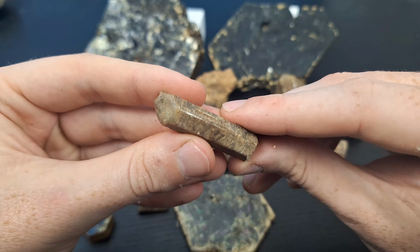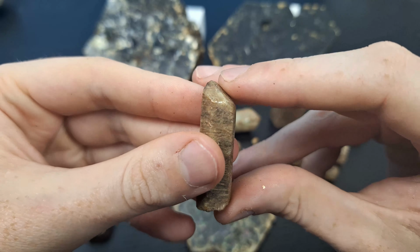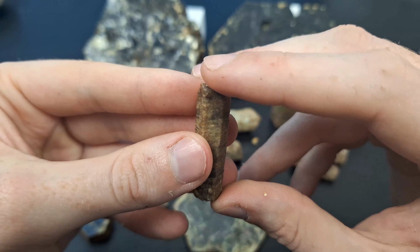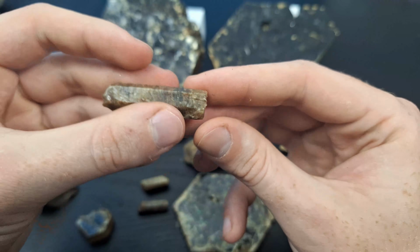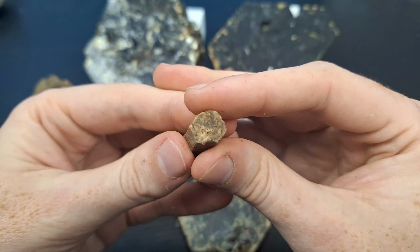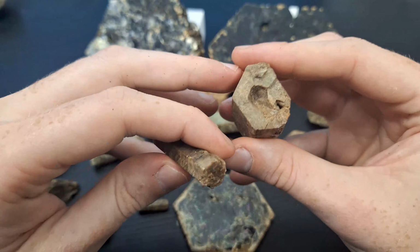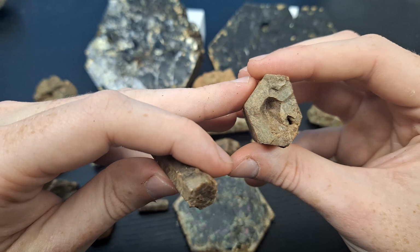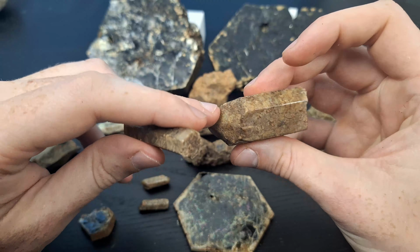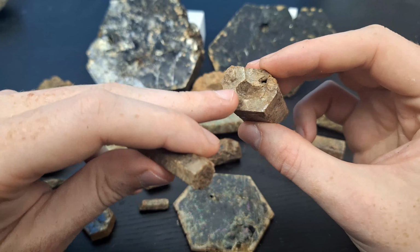Since I was talking about there seemed to be Apatites where they broke and started re-healing, this is one of those examples. It's got a good termination on the one side where the crystal didn't break and didn't re-heal, even though it's got a little tiny Apatite starting to grow on the termination. But on this end, it looks like it just broke. But what I noticed with the ones where it started re-healing is with a broken Apatite, for example, this guy, you'll see the break. It's not as waxy as the actual regular Apatite growth where it's unbroken. So you'll have kind of like this waxy, glossy finish to it,